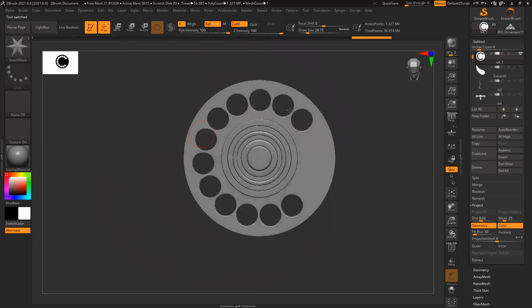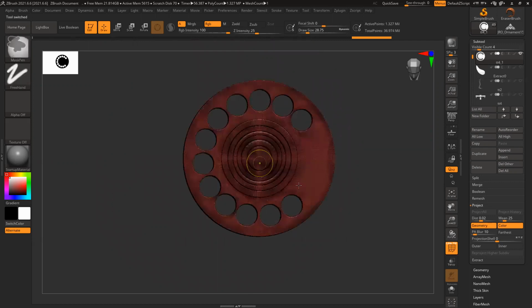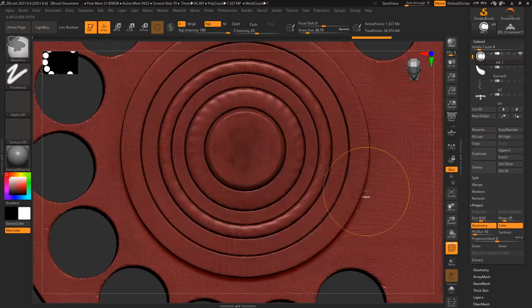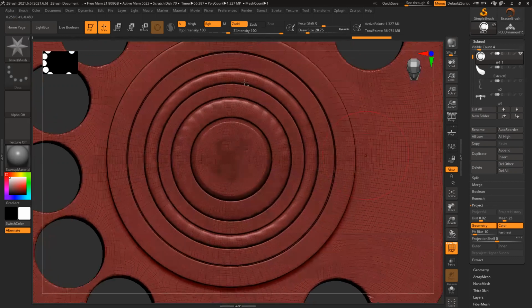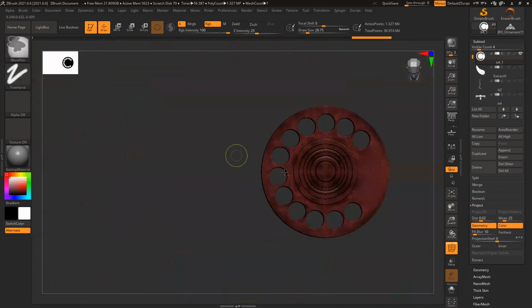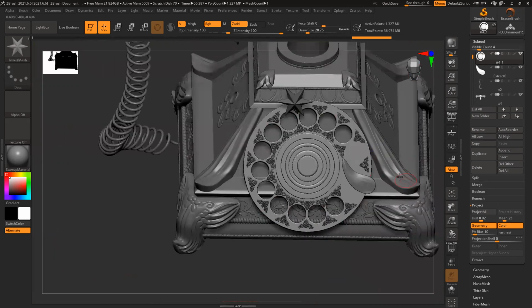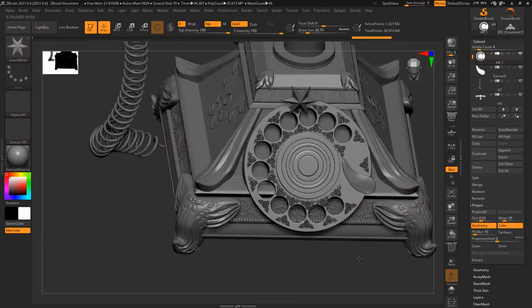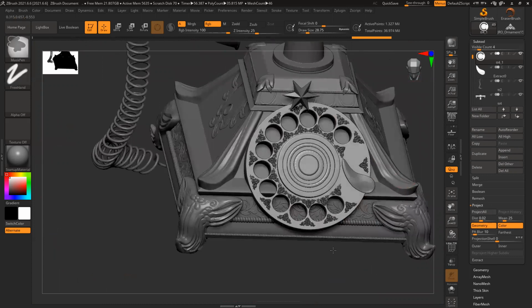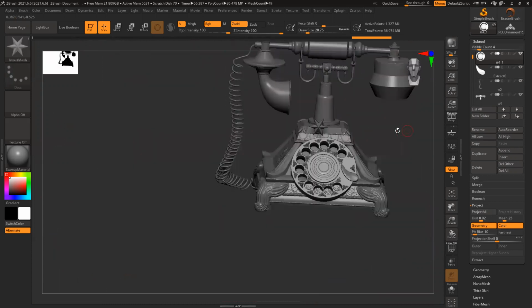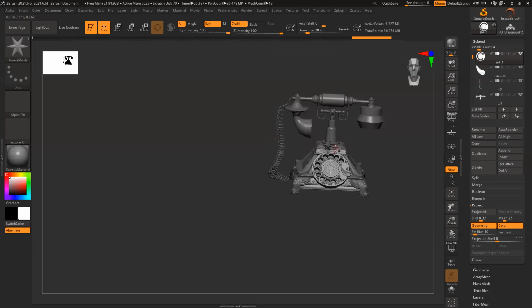I can slide this thing, but still the basic shape and everything is nice and clean. So those stars, I'll do it in Substance directly. That will be easy for me. Select the star.